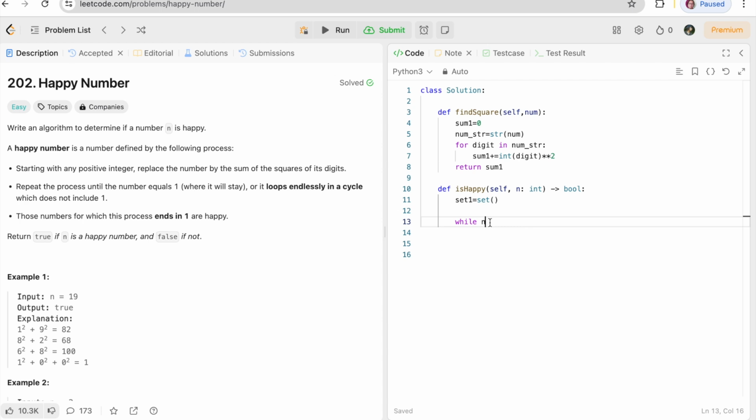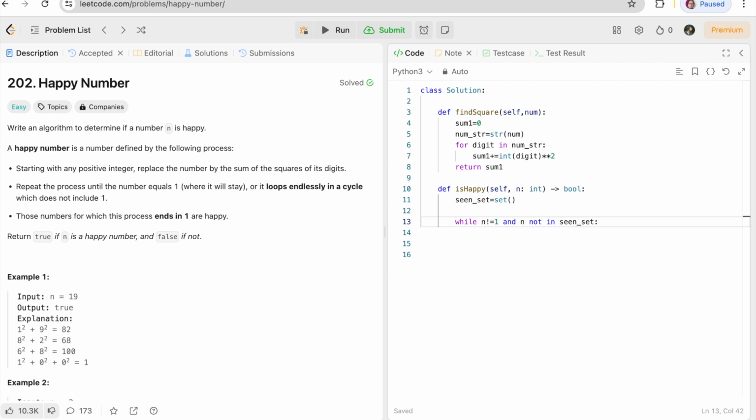So while n is not equal to 1, we'll run it, and we'll say that if n is not present in the set, we'll run it. Instead of saying set1, I will call it seen set, so whether the value is seen or not. So if n not in seen set,